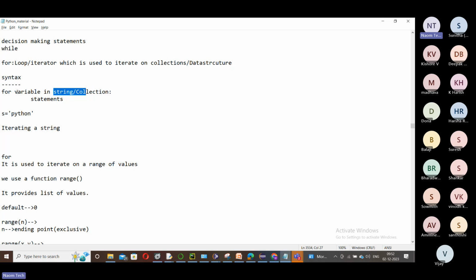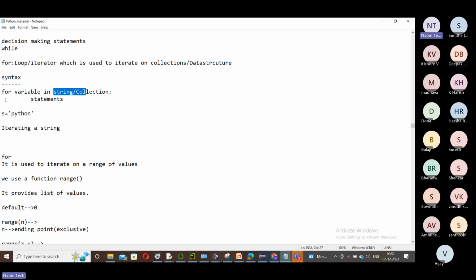The increment step statement is taken care of by the for itself. The condition, how many times your loop should iterate, is taken care of by the for itself. So this for is a sophisticated loop which takes care of everything by itself: the initialization part, the condition part, and the step statement part.